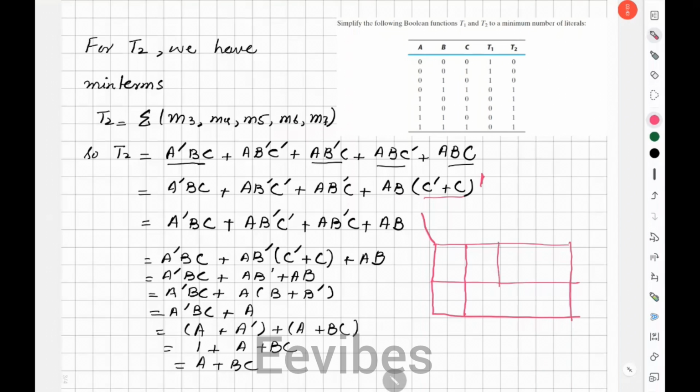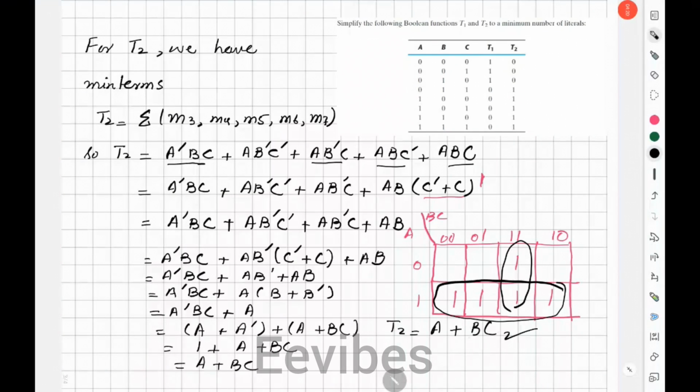Alright, now let's apply the K-map simplification method, where I will place all the minterms in the corresponding boxes, since minterm 0, 1 and 2 are 0, so that's why they are not placed in the K-map, while all the ones are placed in the K-map and combined together. Last four ones correspond to